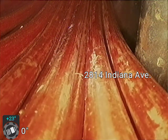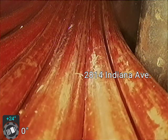I'm at 2814 Indiana Avenue in Covington, Kentucky. I'm on a sanitary lateral inspection. This is for a purchase of a home, but this has already been